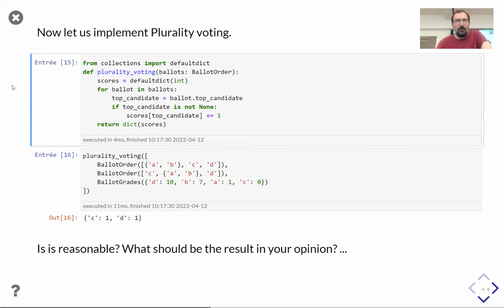Okay, so which means that everything that is capable of being seen as an order is allowed, and in particular, grades are allowed because I can interpret grades naturally and without any arbitrary choice as an order. You see what I mean? Yeah, but we need a strict order to find the top.